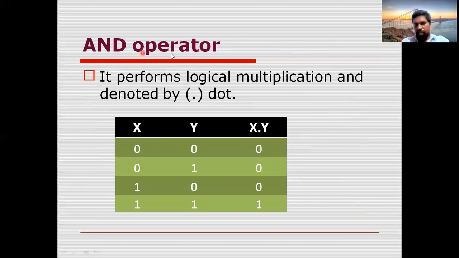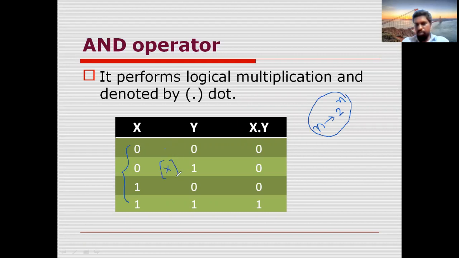When you find the AND operator, it is nothing but a multiplication operation between two inputs. Suppose I have two inputs, I will have four combinations. Why? Because for n number of inputs, I will have 2 power n combinations. Suppose I have two inputs, I will have 2 squared, that is 4 combinations. So you should start the multiplication operation between these four combinations.